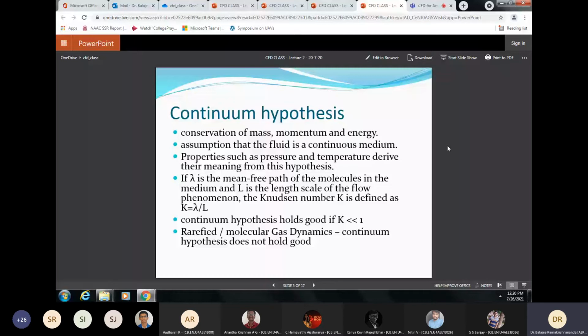So, imagine ground level, the length scale of the mean free path. The mean free path will be of the order of nanometers or micrometers. Micrometers is too high. Okay? Of the order of 10 power minus 10 meters, angstrom or something like that. Whereas your typical wing will be of the order of 1 meter, 1.5 meter, half meter. So obviously the K is around 10 power minus 11 in this case, which is very much less than 1.